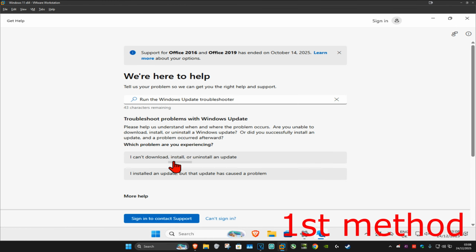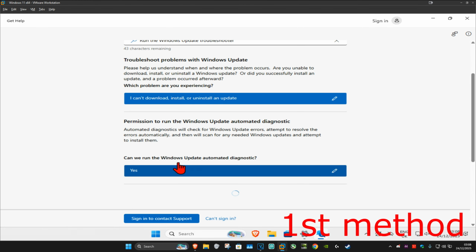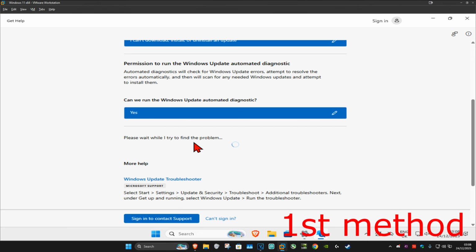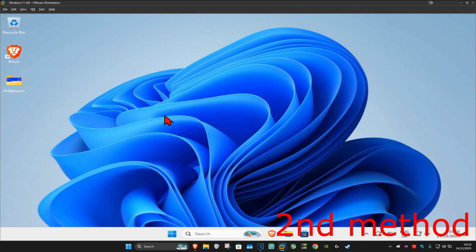You want to select I can't download, install, uninstall and update. And then click on yes to run the Windows Update diagnostics. Wait for this to load. And then once that's been done, if it detects any problems, it will try to fix it for you. See if that works. If that's still not working, then for the second method, you want to go to search